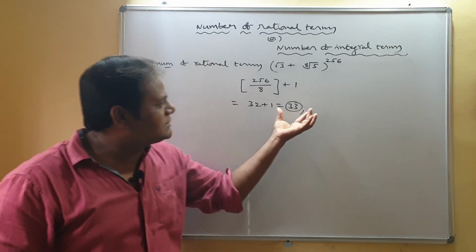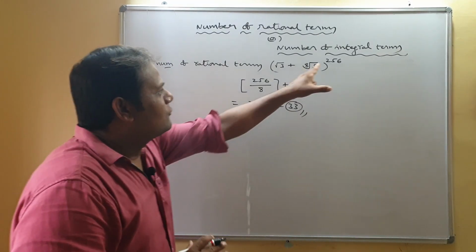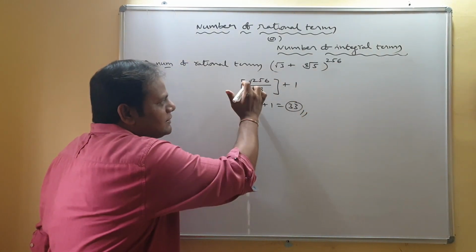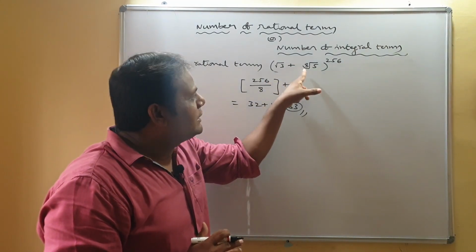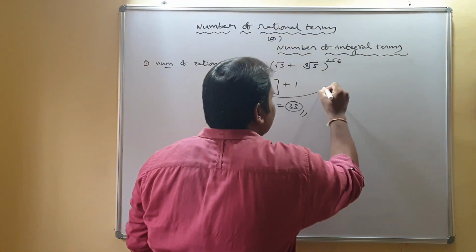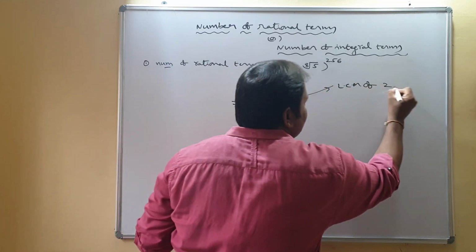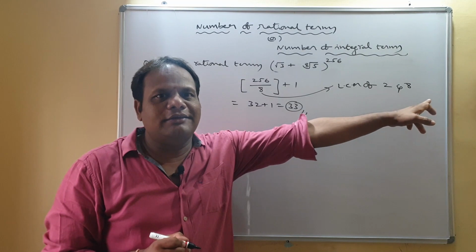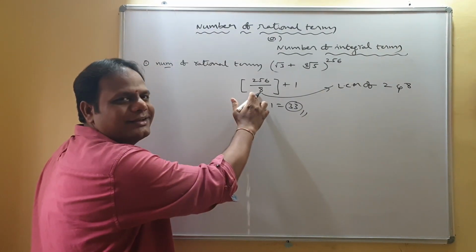So how many terms are rational terms? 33. What I did, once you observe, what is the power? 256. Here it is a square root, and here it is an 8th root. So just take the denominators: the LCM of 2 and 8. The LCM of 2 and 8 is 8. So I have taken that here.